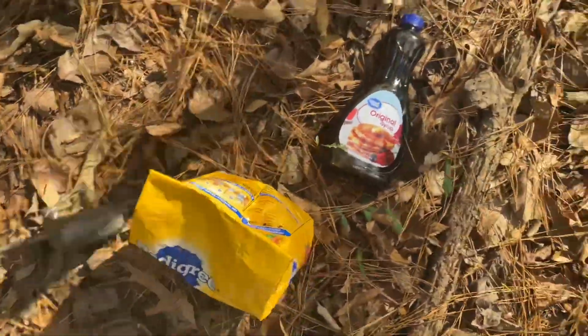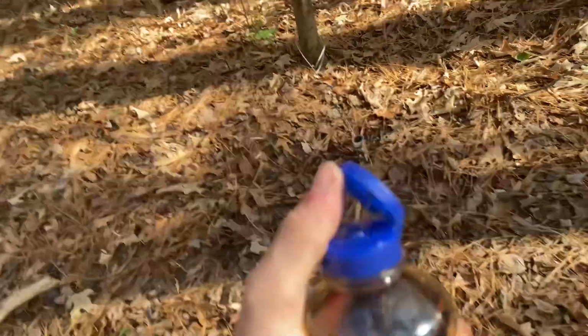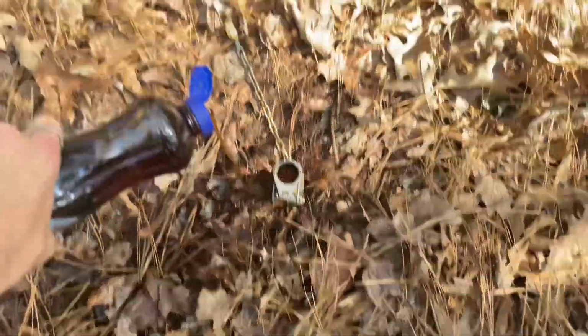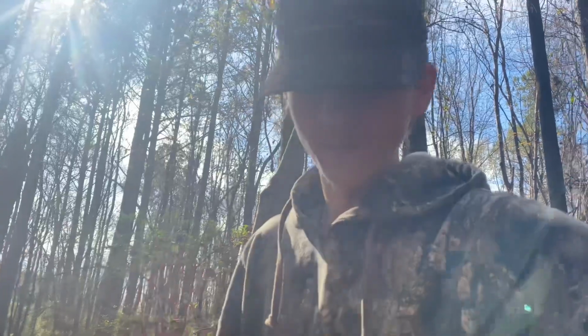We're just gonna move this. Use some of this pancake syrup. Pop the lid. Come over here and just, that's good right there. Not a whole lot, just a little bit to attract them to the trap. Take the dog proof, the bait, go to a different location where I know there's coons,